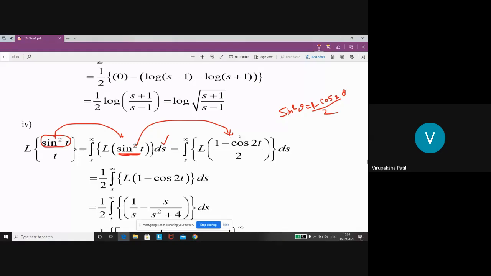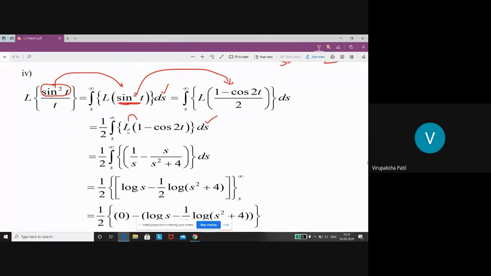Still you have not found the Laplace transform. We have reduced it to the standard form. Now 1 by 2 is taken common here. Then integration s to infinity, Laplace transform of what you are left with, 1 minus cos 2t, with respect to s. Next, apply this Laplace operator on these two separately. If you operate this Laplace operator on this, what happens? What is Laplace transform of 1? 1 by s